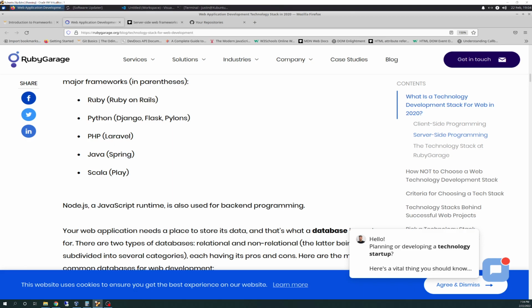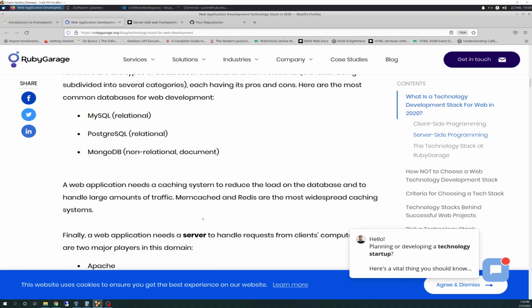So like Ruby's the programming language, and Rails is the framework. So you have Ruby on Rails, you have Python, and in Python you can use Django, Flask, or Pylons. PHP is Laravel, Java is Spring, and Scala is Play. Just an example. Again, this article is kind of old, and then you have your different databases, which I